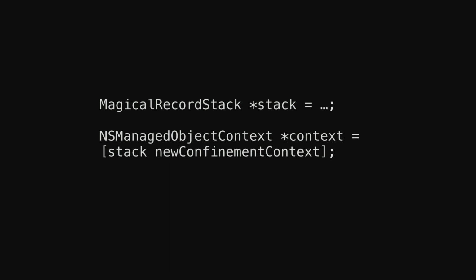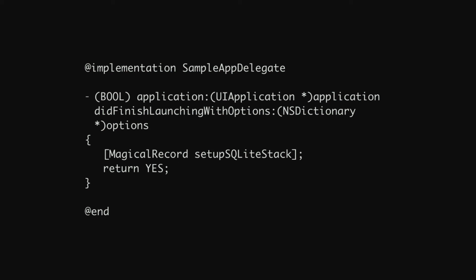And what you can do, however, is set a confinement context as the child of a background queue context. This is how we want to save. We want to save all of our data just on the confinement context because it doesn't do any queuing or threading or locking or slowing things down. It doesn't have to do any coordination. It will operate on whatever queue you need to and then coordinate those changes via that in-memory data saving process that's built in now. And then after that, it'll operate on a background thread or wherever you specified as that context to save at. So this is what we want to use to grab our context.